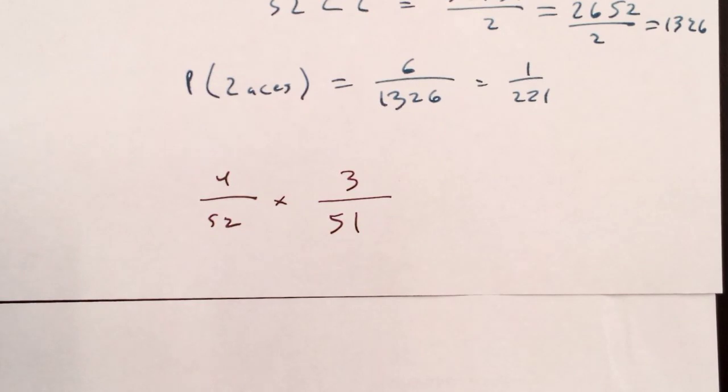I've now done this several times. I said, what do I do when I hear the word and when I'm counting? I multiply. Well, what do I do when I hear the word or? What do I do when I hear the word not? We came up with formulas for those for counting, didn't we? If we know the formulas for counting, we know the formulas for probability. All we have to do is divide by the sample space.